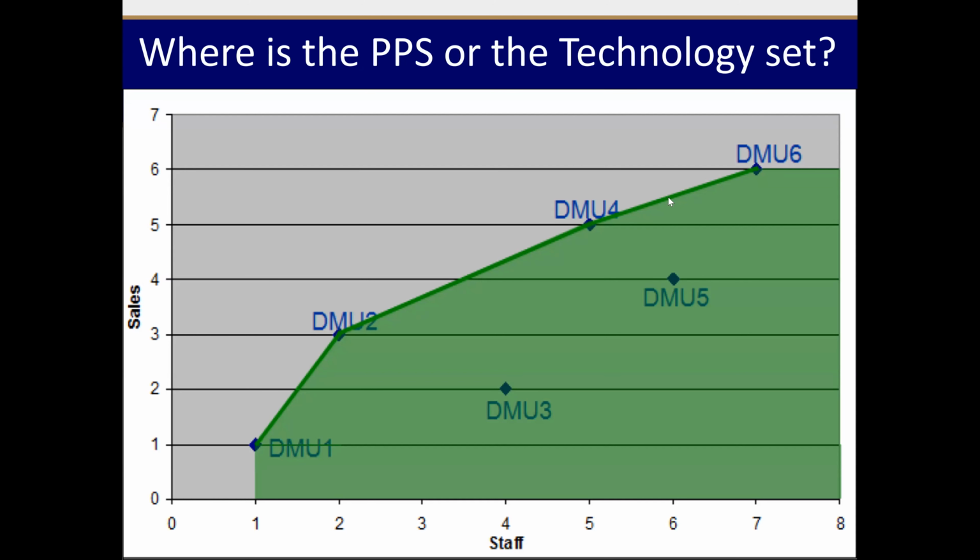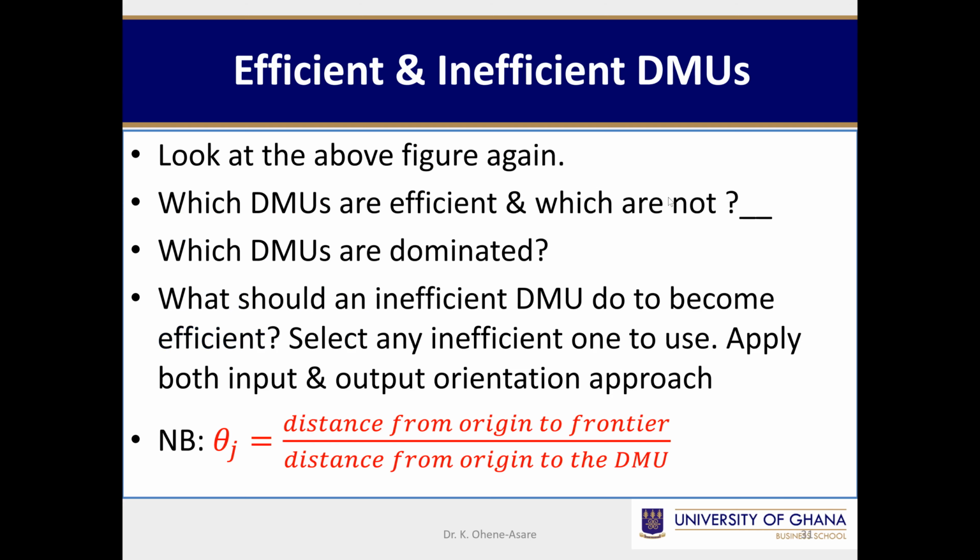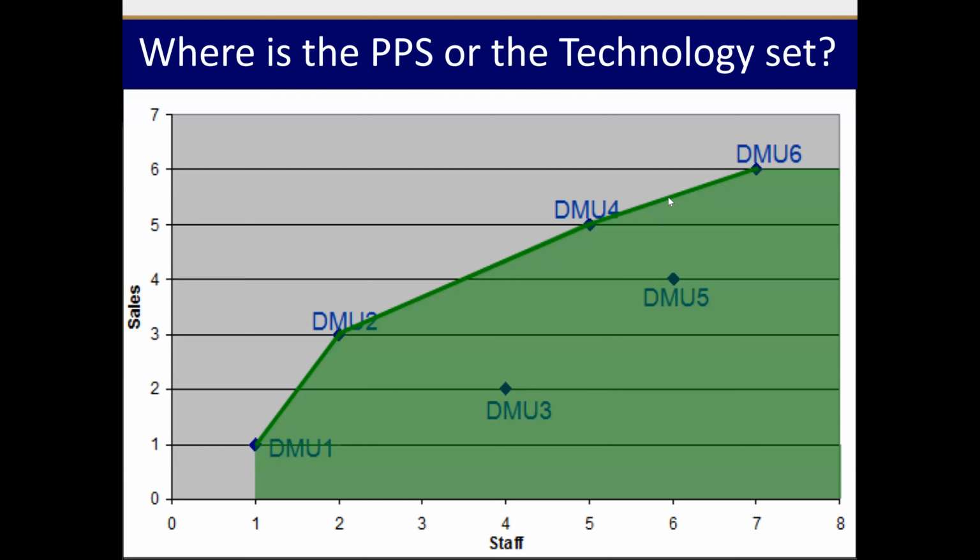If you are to use input orientation, you ask yourself and find out. If you are to use output, you check. If you are to use both, you check. So this has to be discussed with your supervisors. So next time, we are going to explain which firms are efficient and which firms are inefficient, looking at this constructed frontier. And of course, looking at the DMUs in the